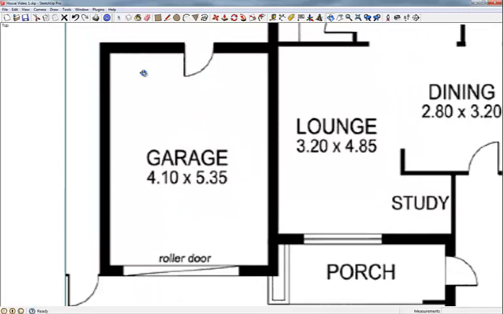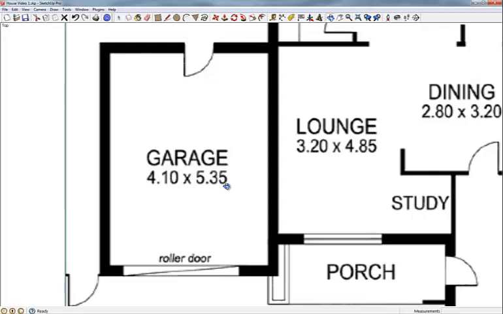Now a couple of things here. You've been supplied with the dimensions of the rooms. On a house plan, when you are supplied with the dimensions of the rooms, they're talking about the measurements of the inside floor space. So it's going to be inside wall to inside wall. The wall that we're going to be utilising will be this wall in the garage to scale it, which we know is 5.35 metres long, or don't forget you would have set up your template in millimetres, which is going to be